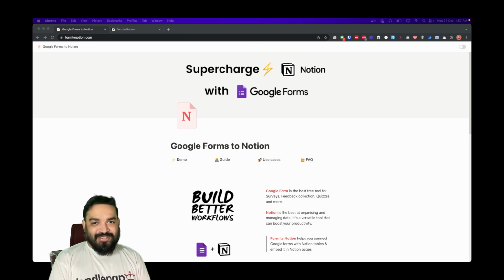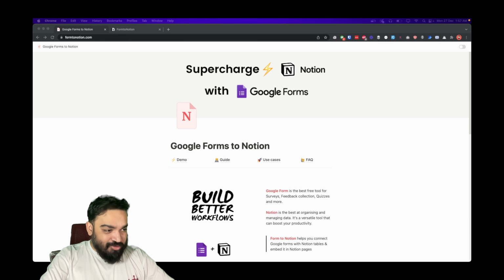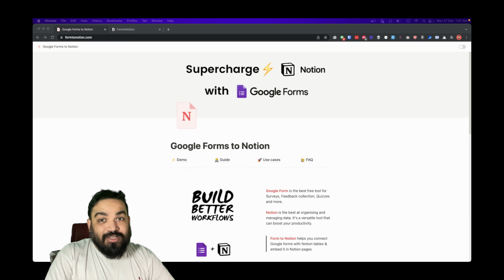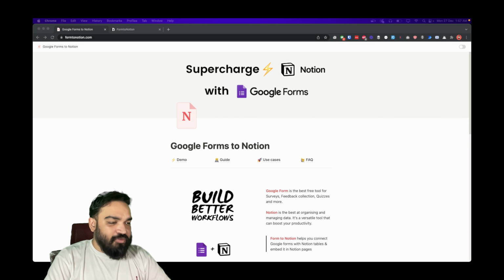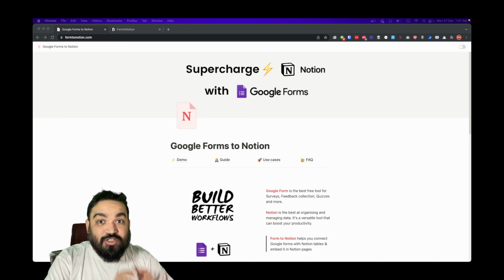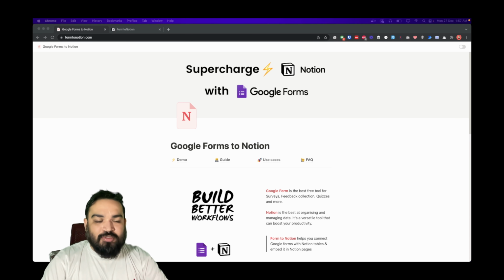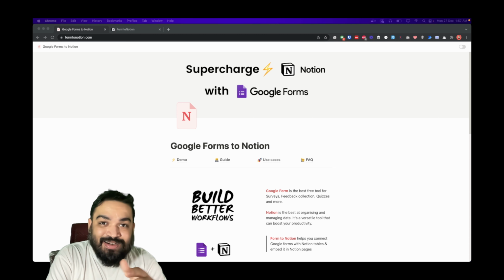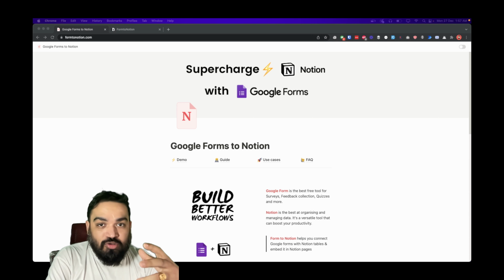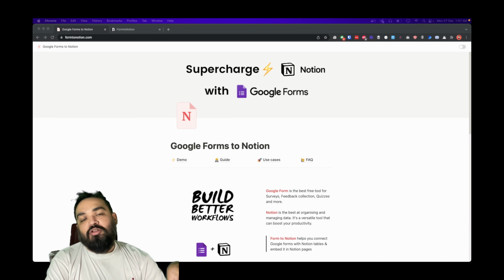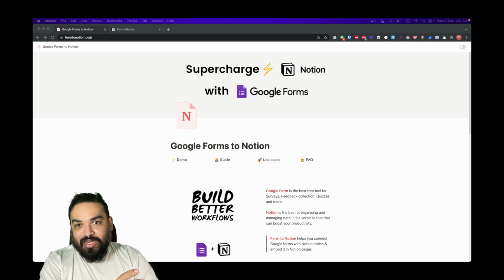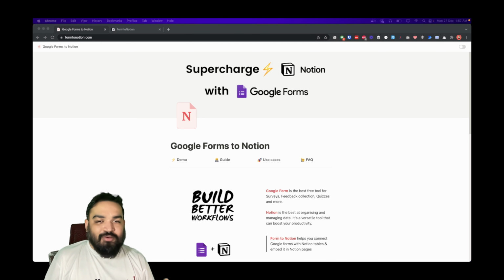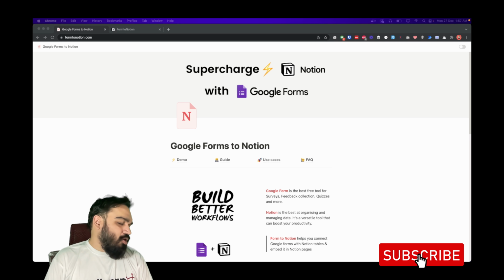And this one is an alternative way for you to use forms in Notion or collect information or data into your Notion database using a form, right? If you haven't seen my previous videos, I've covered 4 tools that allow you to create forms and then get the data in Notion. And this one allows you to customize Google Forms and allows you to embed them directly into Notion. Or along with that, you can also get any Google Form submission that you get on your Google Forms, if that's the tool you use, directly into Notion without having to create an account on a third party website or signing up for a new platform or anything like that.